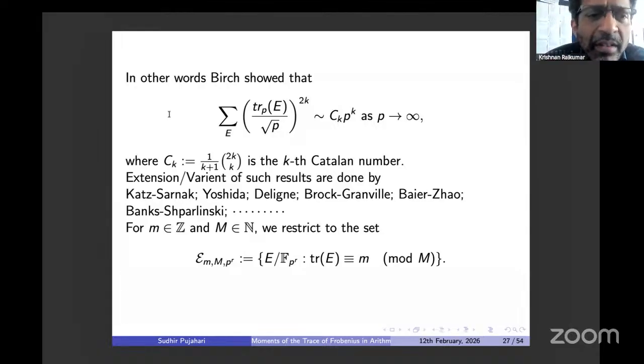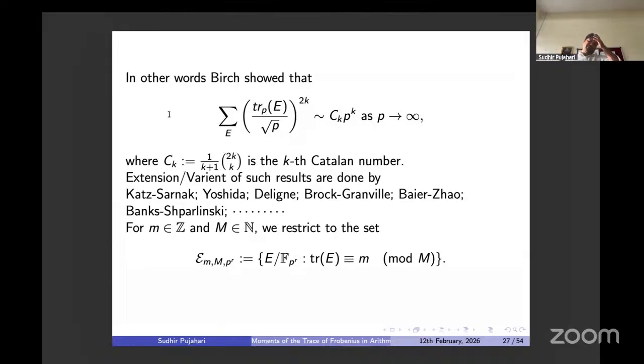So it's like you make a bucket: you fix a prime, you look at all the elliptic curves and collect the traces of Frobenius of those elliptic curves, you put them in the bucket, and then you change the prime. Then again you have a bunch of traces of Frobenius, and you look at the distribution, and they obey the semicircular distribution. That's what this is. Thank you. Yeah. The original conjecture is much harder because those are elliptic curves over Q.